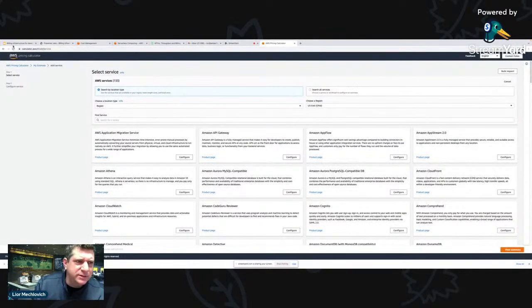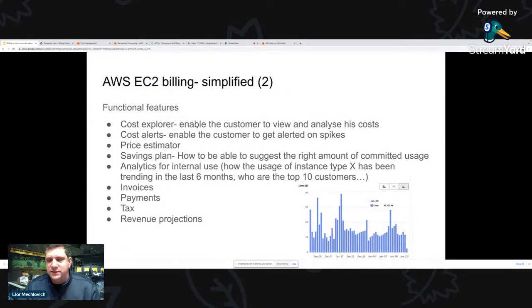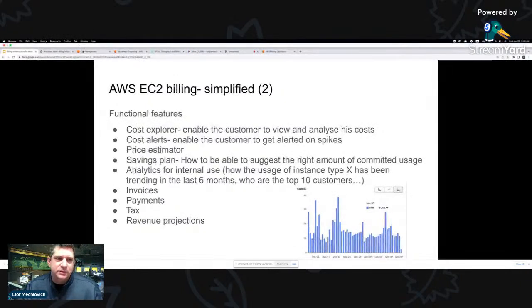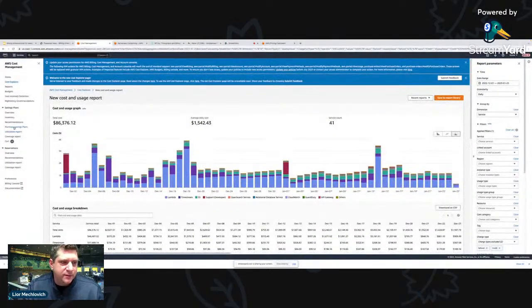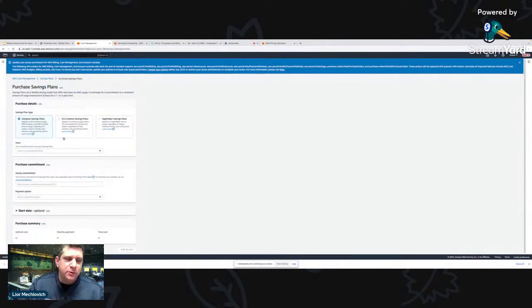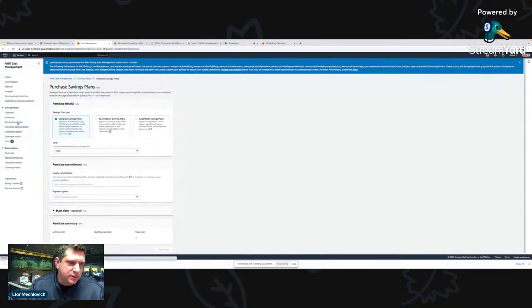I won't get too much into this, but all of those need to use the data, right? This table data. And if we're getting to savings plans, which is going to be interesting, savings plans in AWS, let me show this for a second. Savings plans is actually much more interesting than you think, because it's not just buying this and that. You're actually going to commit. So I'll show a suggestion.